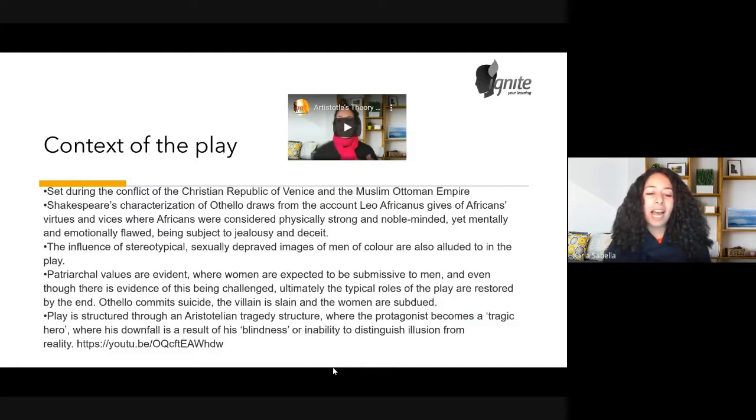Othello commits suicide after realizing that he is this barbaric person who has been blinded and murdered his wife. The villain is slain, so he's out, and then the women are all subdued. So it's sort of like everything is back to where it should be, so to speak. But of course, what we're looking at is how these particular roles are represented, and how that continues to be